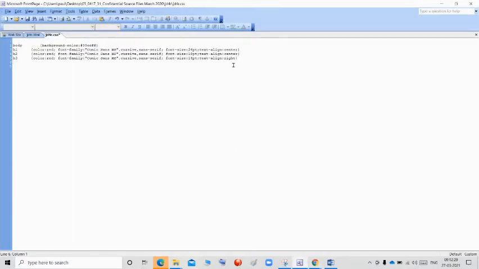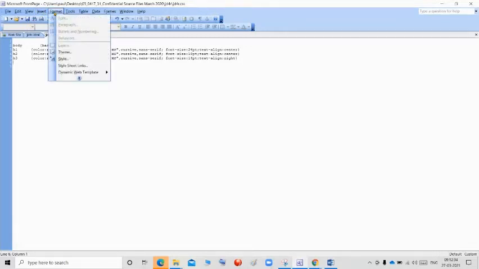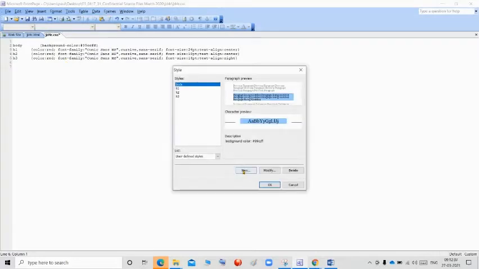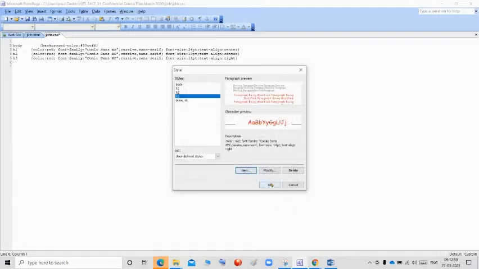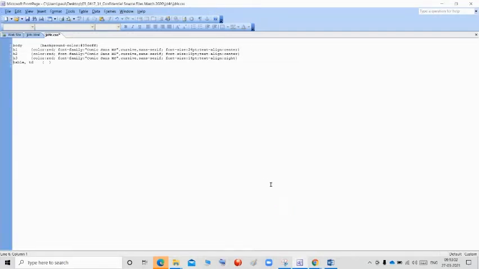So first, I'm going to go to Format, go to Style. I'm going to click H3 and go for New. I'm going to give the two tags. They are giving all table borders and grid lines. For the table borders I can give table, in small letters. For the grid lines, I'm going to give TD. Click OK. Select this and click. So we get the tag.